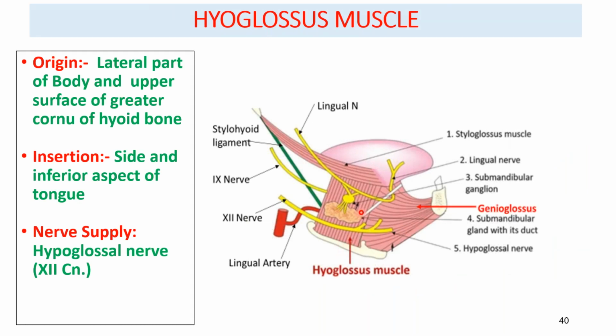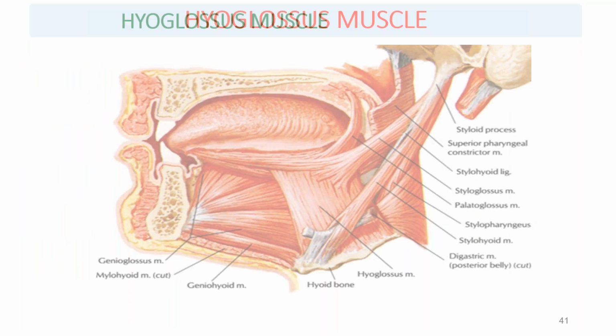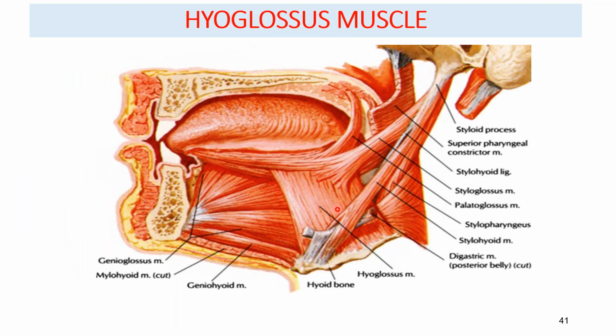A little brief about the hyoglossus, because we are talking about this muscle again and again. Hyoglossus, as the name suggests, will arise from the hyoid bone, from the lateral part of the body and the upper surface of the greater cornua, and it will reach towards the glossus part, that means the tongue, toward the side and the inferior aspect of the tongue. It is supplied by the hypoglossal nerve because it's a tongue muscle. All tongue muscles majorly are supplied by the hypoglossal nerve, which you will learn in detail later on. So this hyoglossus muscle is seen in the submandibular region in the deeper aspect.